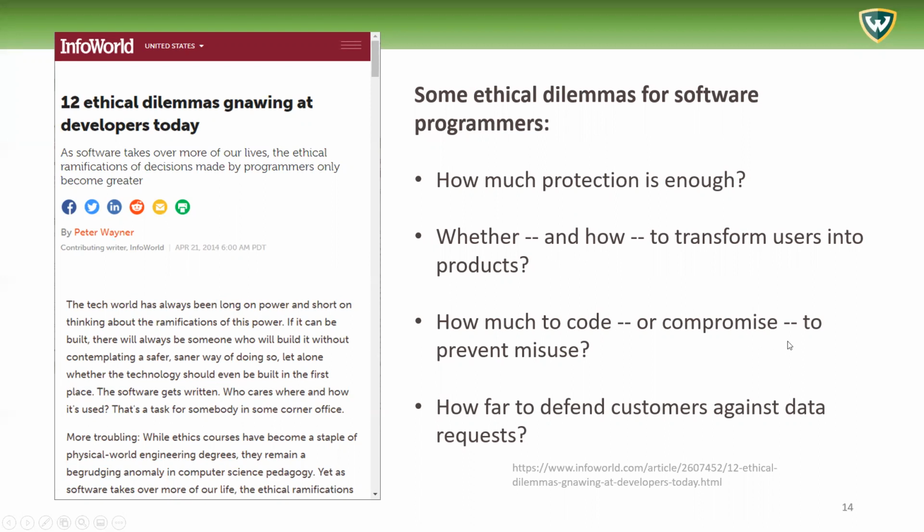How much to code or compromise to prevent misuse? So how it's part of the protection of the data, protection of the code, what is sufficient, what is not sufficient, and how do ethics and ethical frameworks contribute to that? How far to defend customers against data requests? These are all questions that implicate the quality of people's lives, whether their data can be stolen or misused, but they implicate software programmers in a particular way because they have their own engineering knowledge to apply, but ultimately ethical questions are also